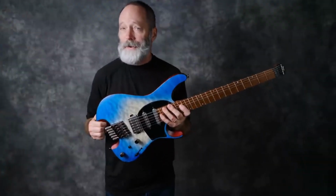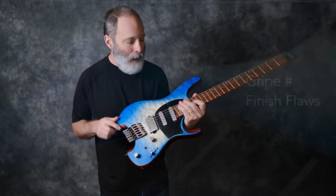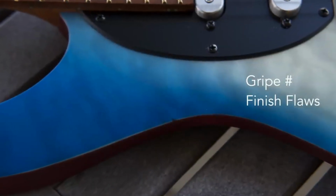Thing number two that I don't like is also in regards to the top. There are actually some finish flaws visible here. Now, Bill's second point is that he received his guitar with some blemishes on it, which I totally sympathize with, because you spend $1,000+ on it, wait for shipping, you finally take it out of the box, and then you see some dings and dents on the guitar. But again, I wouldn't count that against the guitar, because that could be a shipping problem, it could be a retailer problem. If we're talking about 5 out of 10 of the same model all coming with the same problem,